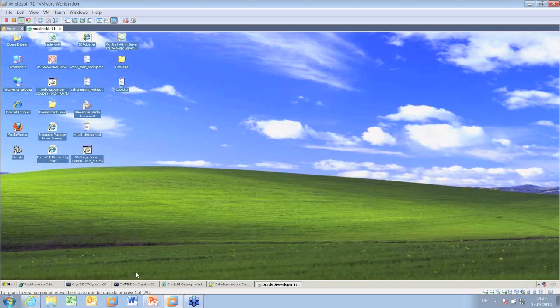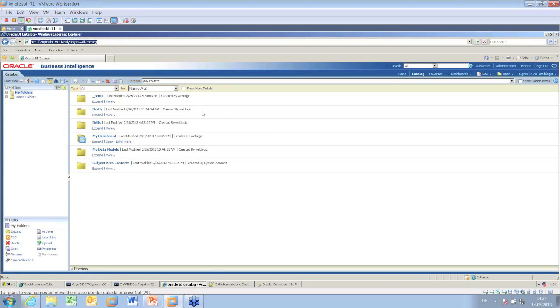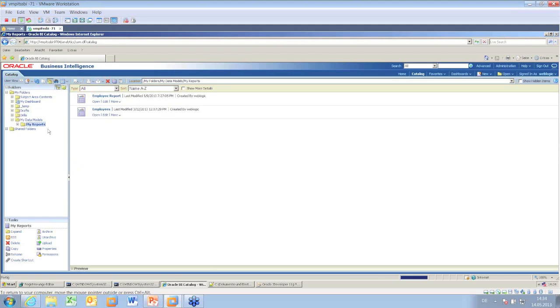Yeah, it's alive. We already started the BI Publisher WebLogic server, and we can see the catalog here. I will expand this folder, and in our demo we will try to call this report from here. I will minimize this window,